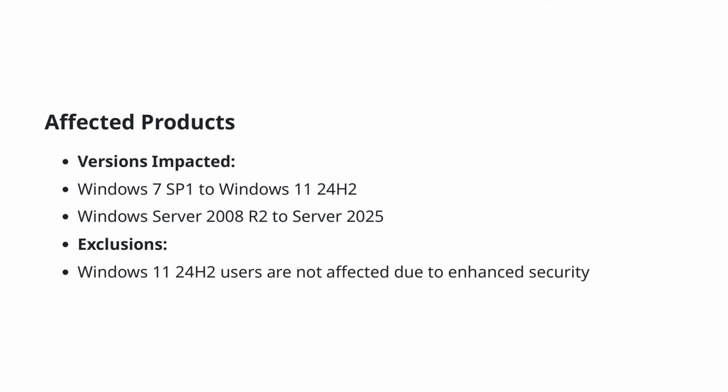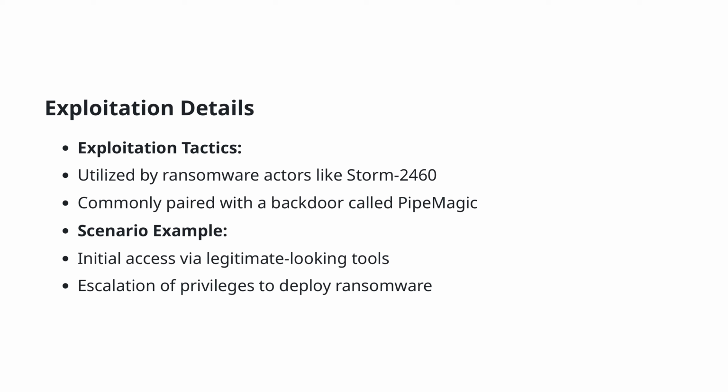It's important to note that while many versions are affected, Windows 11 users, specifically on the latest 24H2 update, have notable protection due to improved security measures, meaning they aren't susceptible to this particular vulnerability. Understanding the specific versions at risk is essential for system administrators and security professionals when considering patching and mitigation strategies across their networks. The exploitation details of CVE